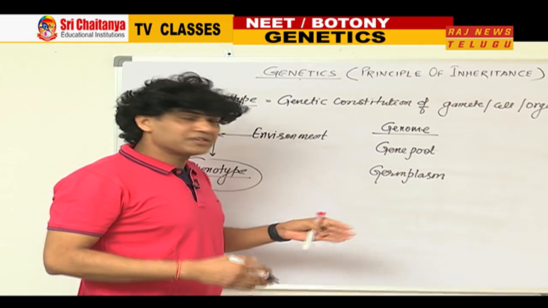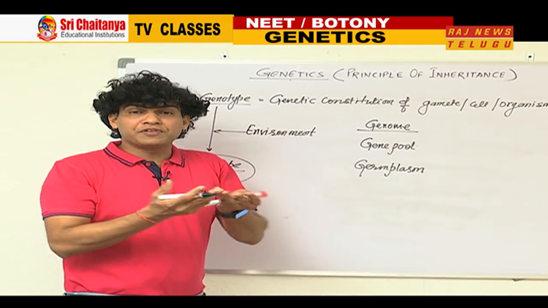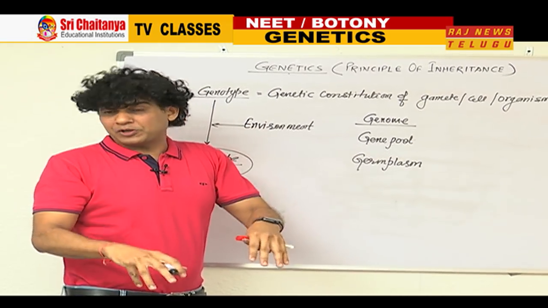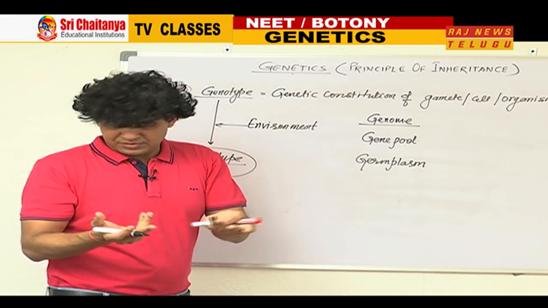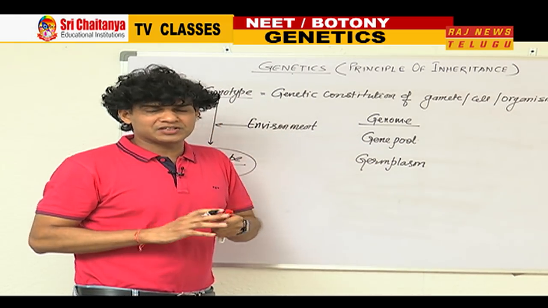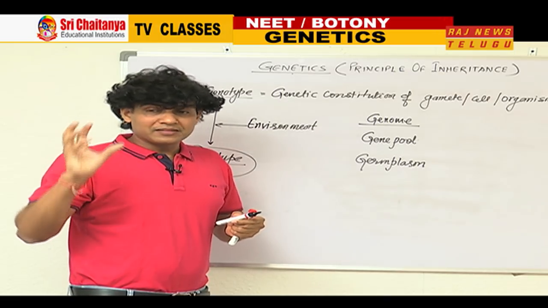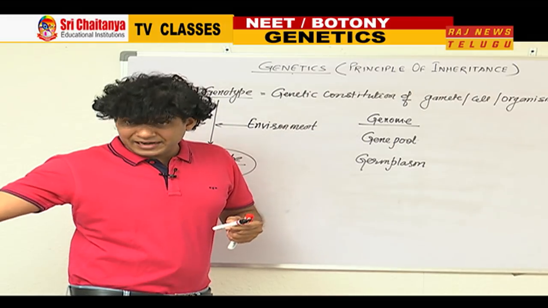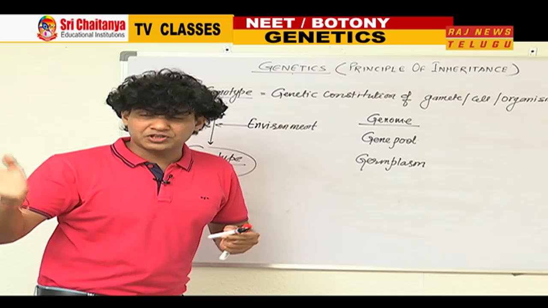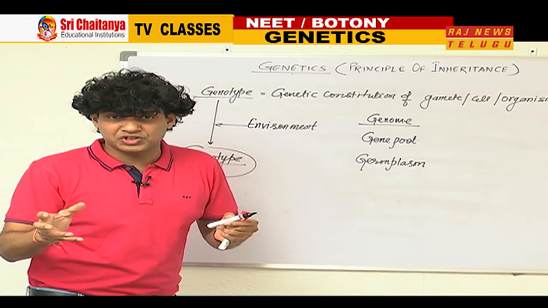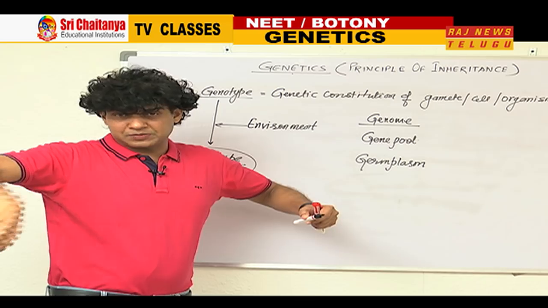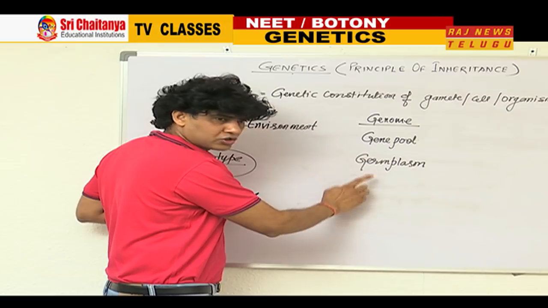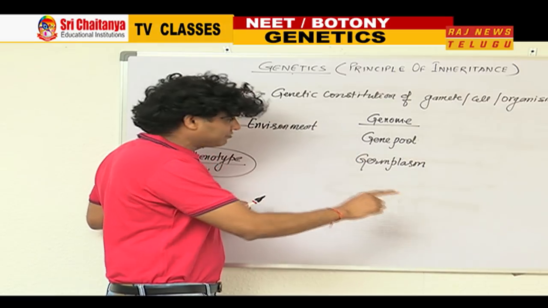And one more elaborated term is germplasm. Sum total of all the variants or genes present in any particular crop as well as their relatives is called germplasm. Suppose I am considering a particular crop, rice, then all variants present in this rice crop as well as other relatives like wild relatives and local cultivars also have different kinds of variants of the gene. Sum total of all these genes present in this crop as well as in their relatives is collectively called germplasm.